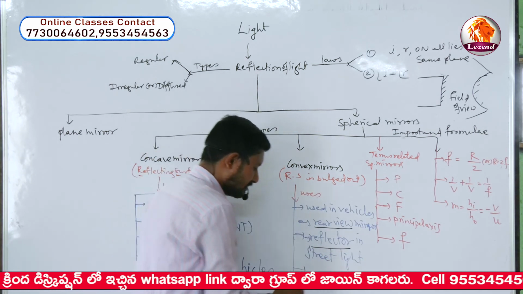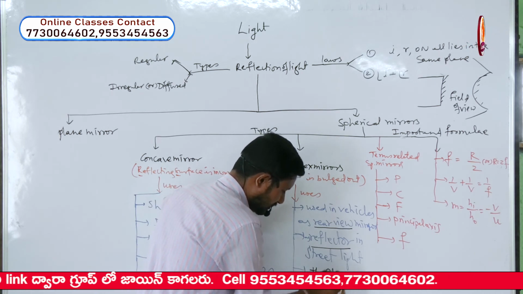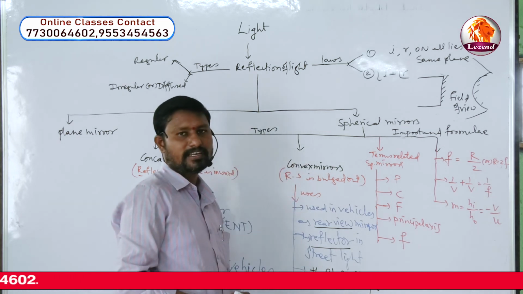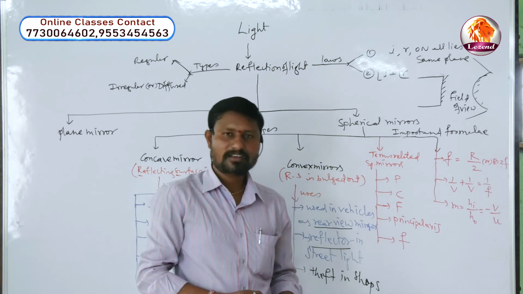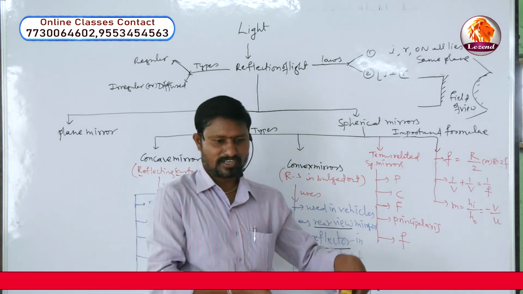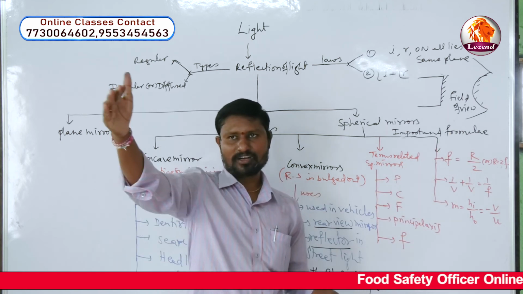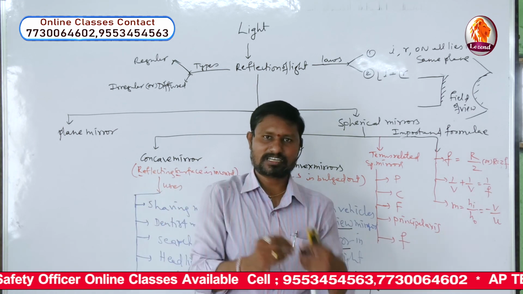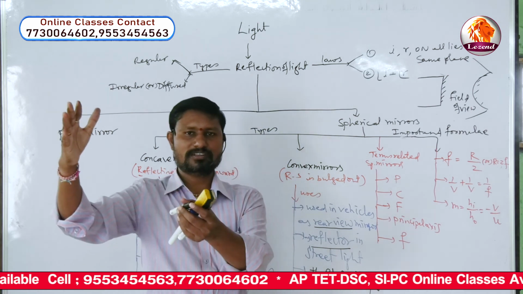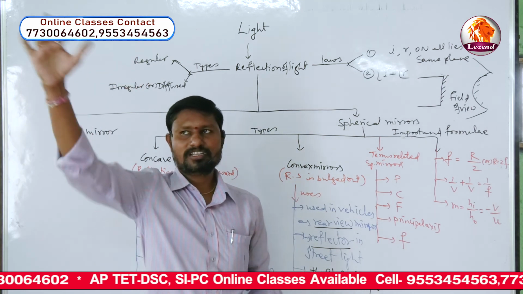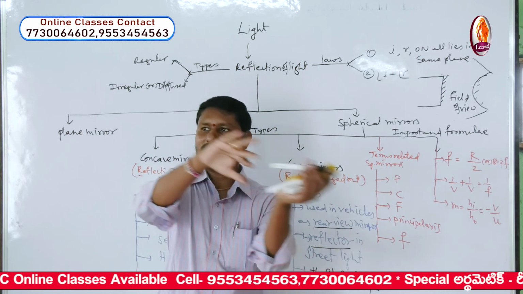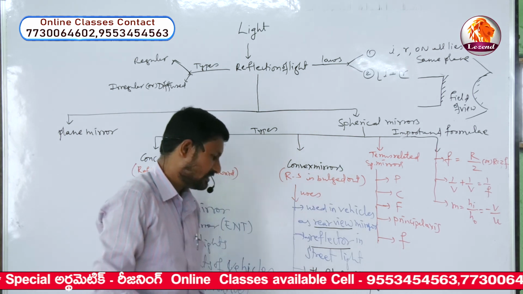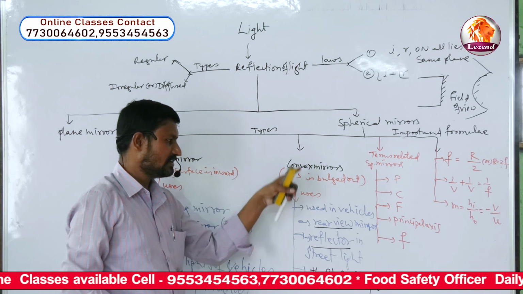And it is also used in shops to detect theft. If you go to shopping malls like Reliance and DMart, at the turnings of the racks we have different lines of racks. At the corner of the rack they keep a convex mirror. Also in parking areas where there are sudden curvatures or turnings, and even on highway roads, whenever a vehicle is coming at the curvature they keep a convex mirror, so that they can understand what type of vehicle is coming and take the turn comfortably. And also in telescopes we use these convex mirrors.